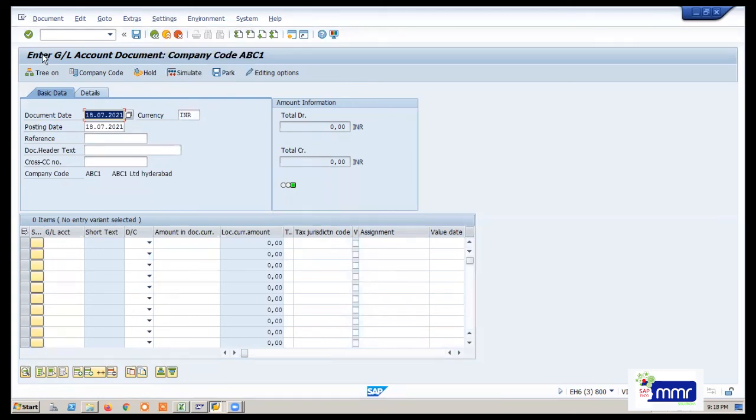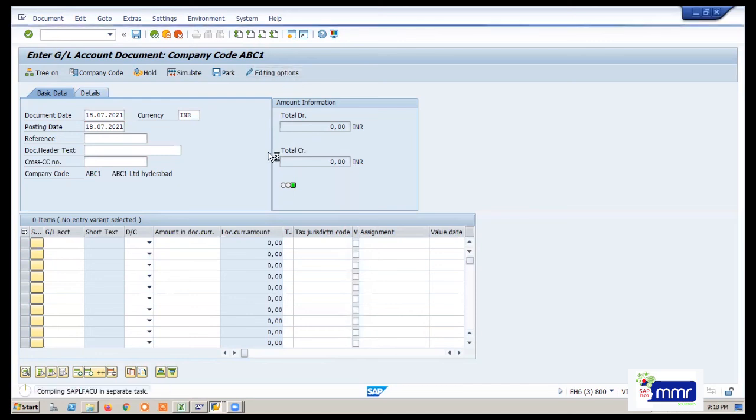There is an option directly in the T code itself, from the editing option somewhere we can attach it. I will check and let you know tomorrow.